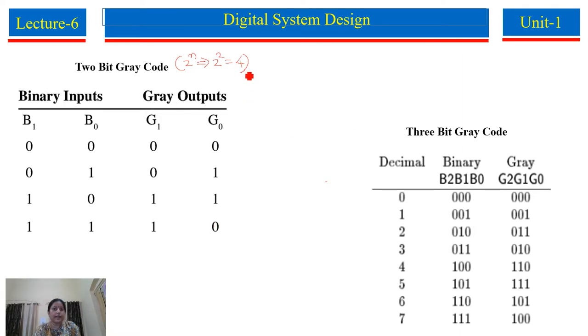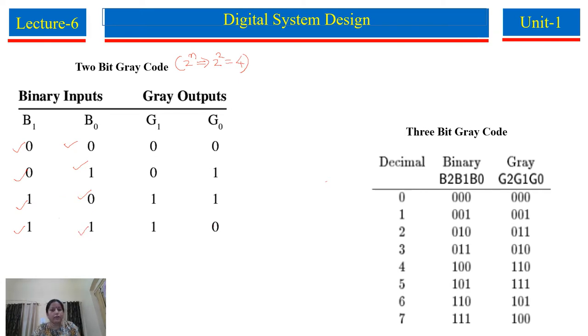So here we write the binary code for 2 bits. The possible combinations are 4, divided by 2. Why do we divide by 2? Because we want to represent it in binary, and in binary we have only 2 digits, 0 and 1. So 4 divided by 2 means two 0s, two 1s. Then 2 divided by 2, so single 0, single 1, single 0, single 1. So this is the binary equivalent.